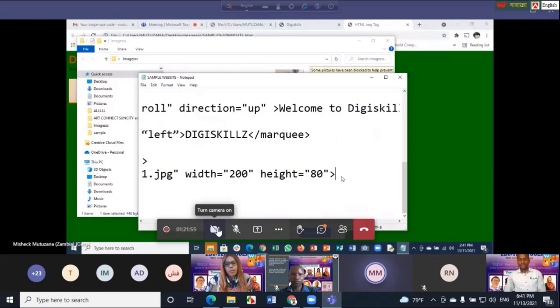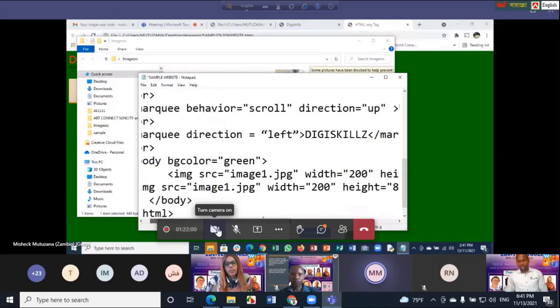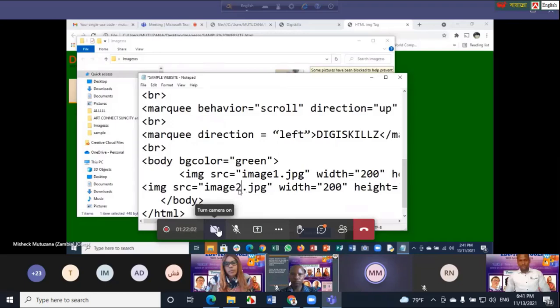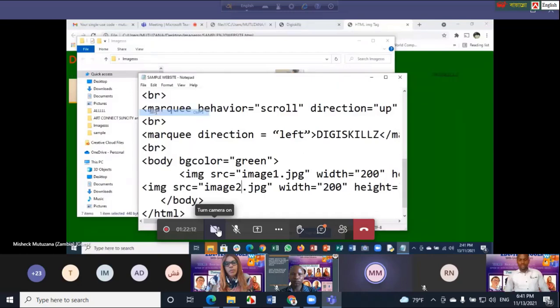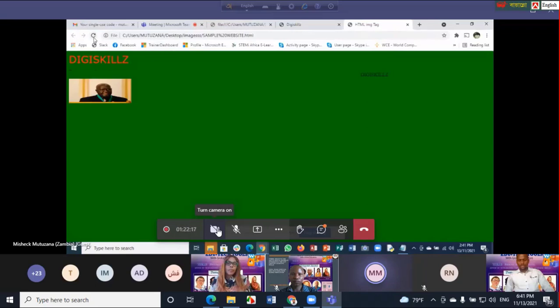I'll copy. Then I will say image 2. Look at the images that you have in the browser. So I've got image 2, this is the one that will appear. Then you save. After you save, as you can see, that's how you go about creating a web page, a website using HTML.